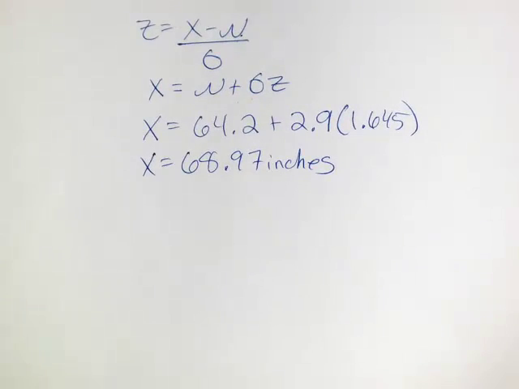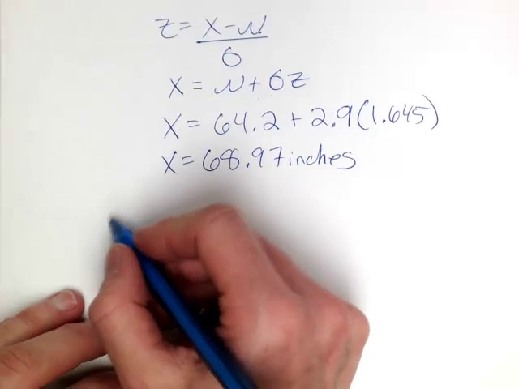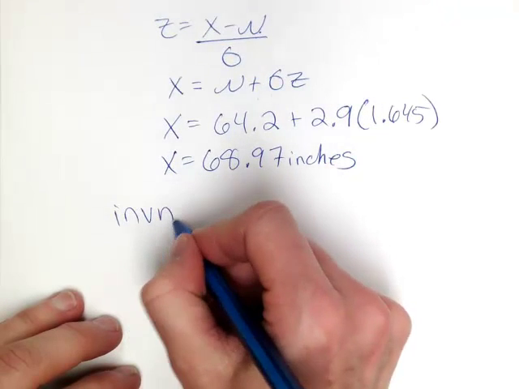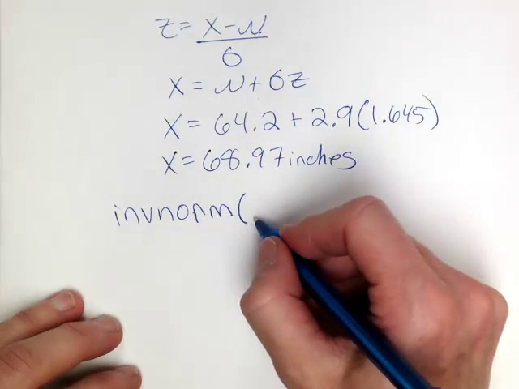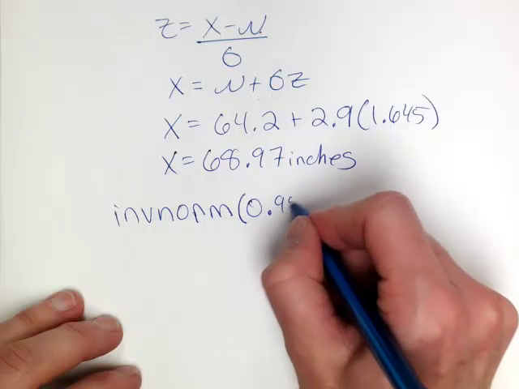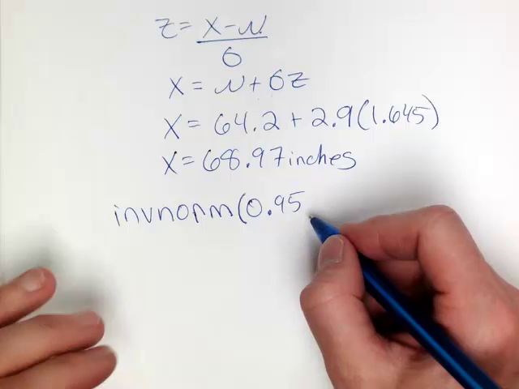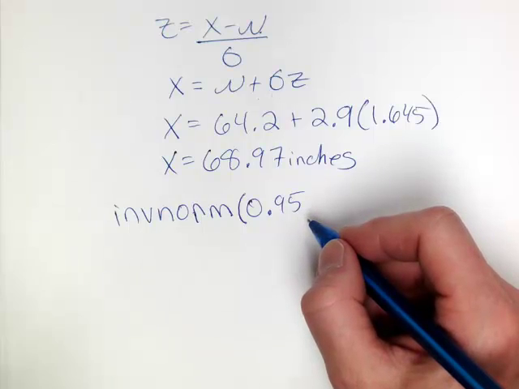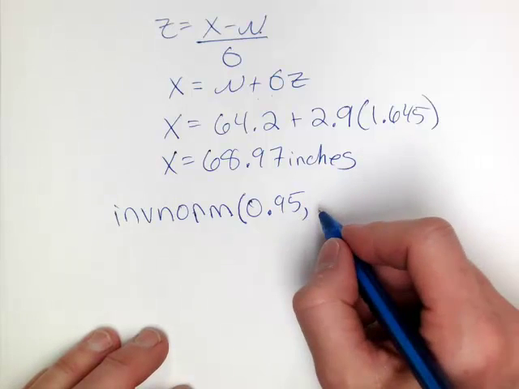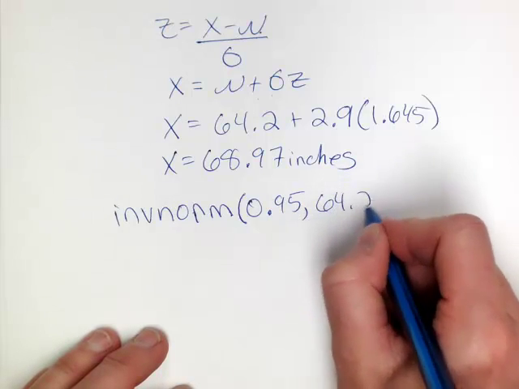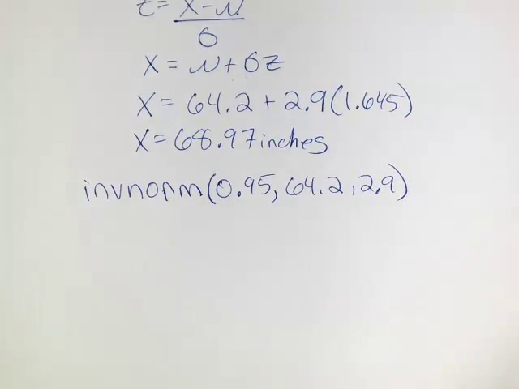Now there is a quicker way to do this in the calculator. If you have the older calculator, you want to go back to that inverse norm, and you want to put in that cumulative area as a decimal. Now instead of closing the parentheses, we can have the calculator unstandardize for us and return an x value. So to do that, in order, we need to put mu and then sigma and then close parentheses. On the newer calculator,